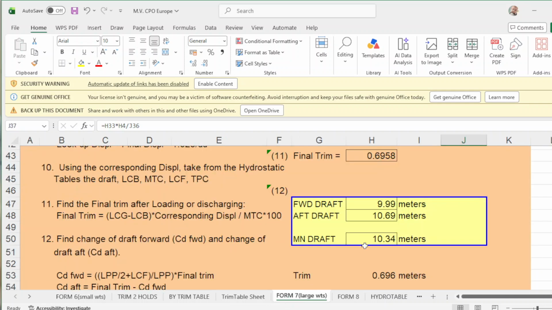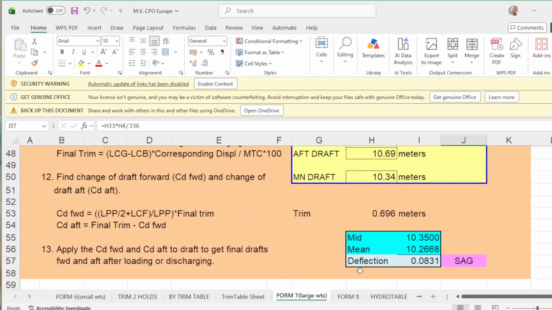We got here 10.69, which is almost 10.70. And he got here 10.94, should be 10.35. And this should be 70. And your deflection here is 0.08. This should be 0, okay?